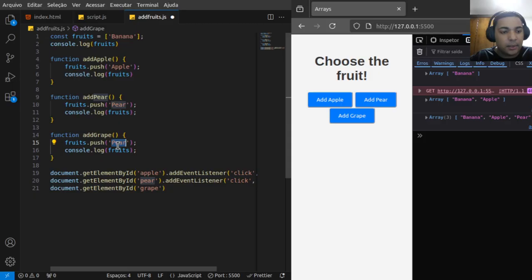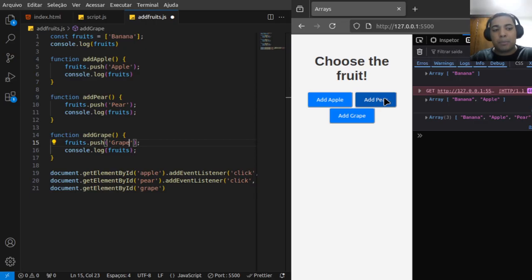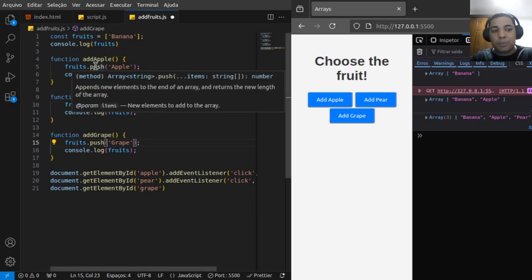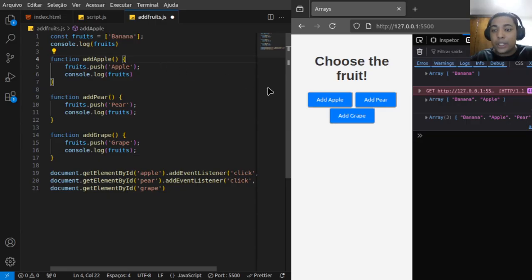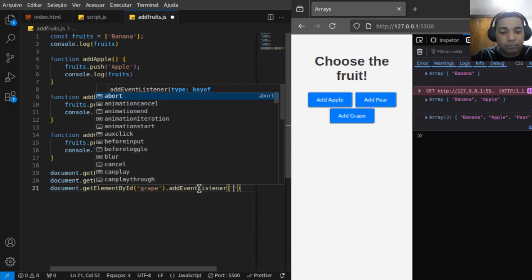Okay, guys, because we are using dot push every time to add a new value when we click on this button, you need to understand that the new value goes to the end of this array, not to the start, to the end. Okay, it's important. It's an important thing. Okay, fruit, save that and add here add event listener. Click